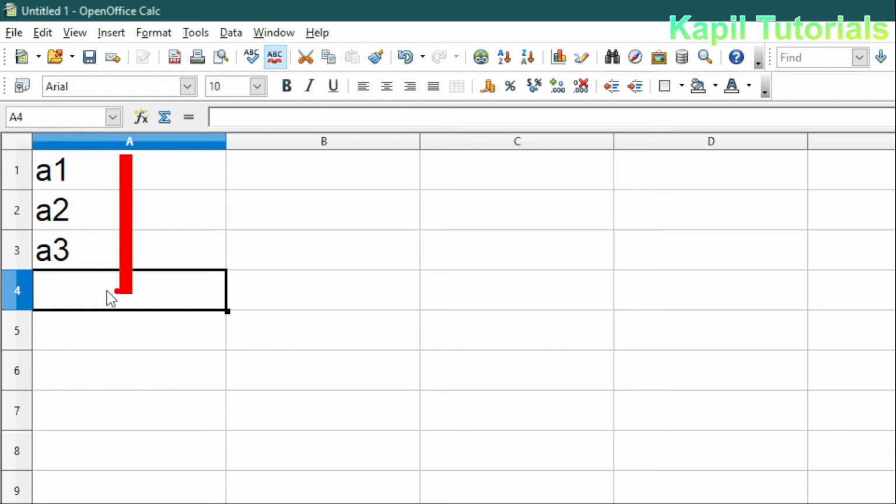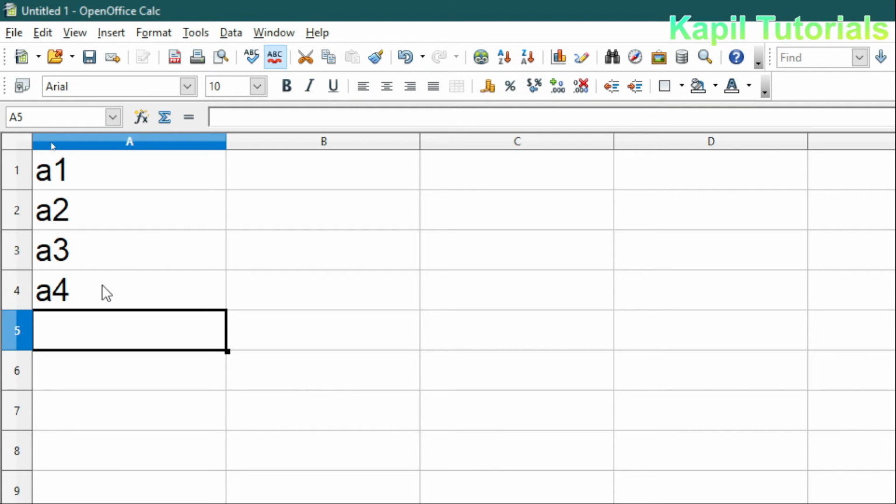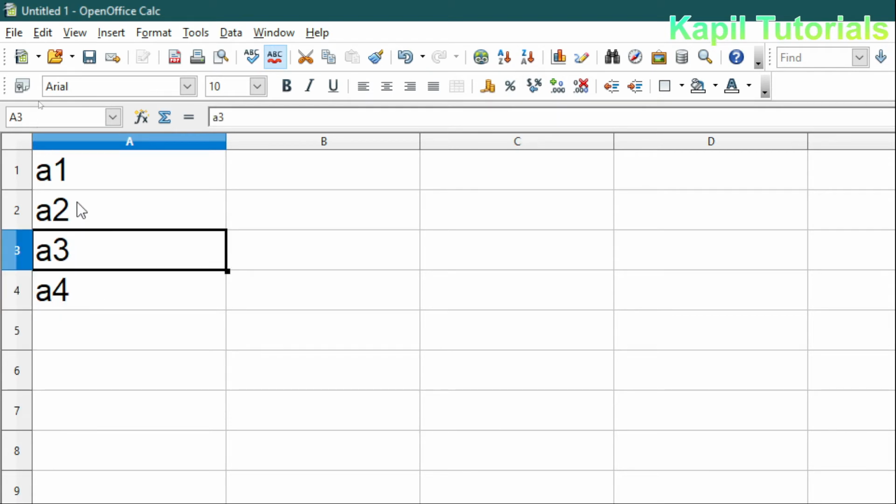Now this is A. Then I will see towards the left side. Now that is 4. So that means this cell has the ID A4. So I'll write A4. I hope it is very much clear to you how I can make the cell address.